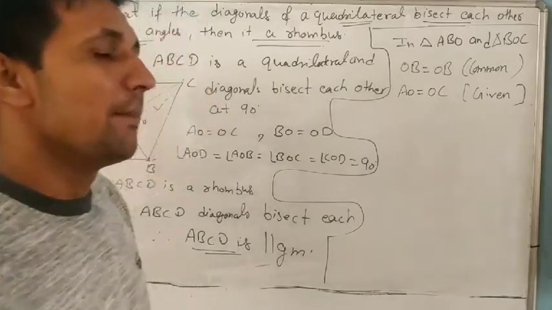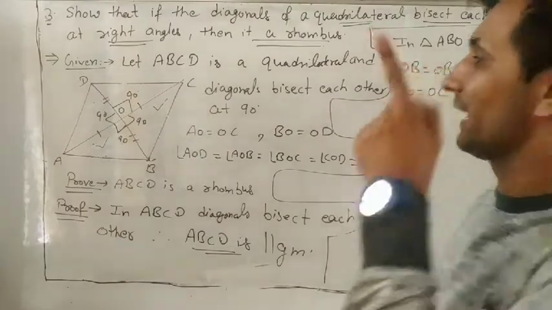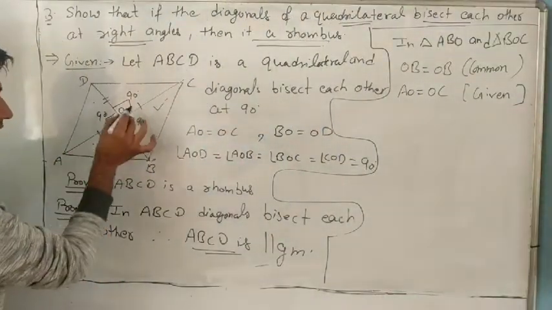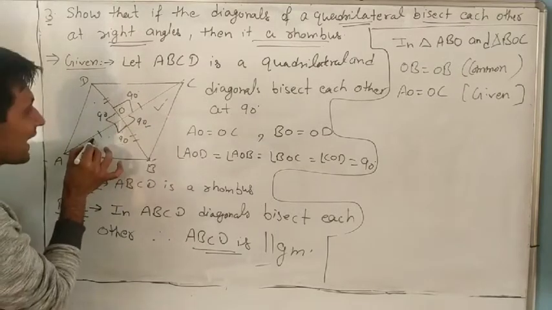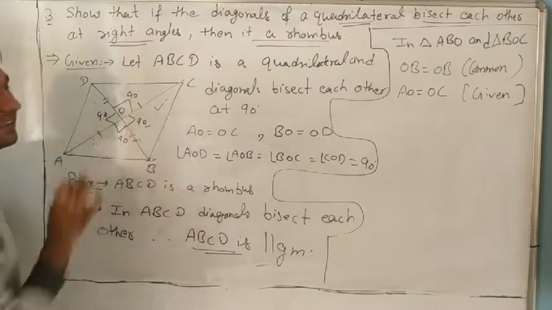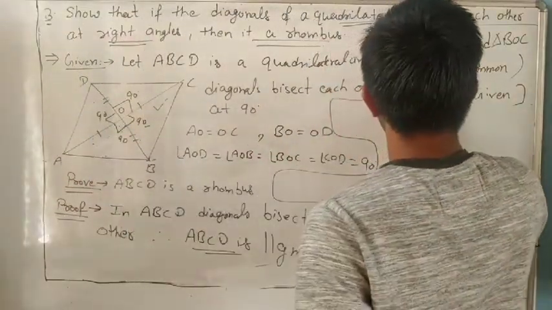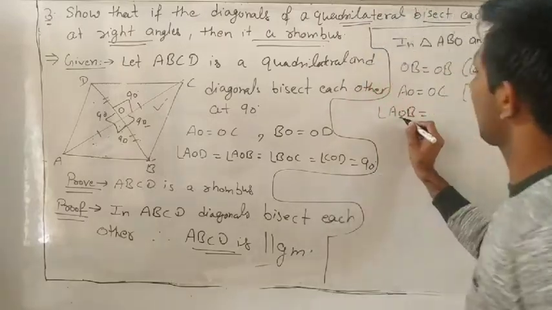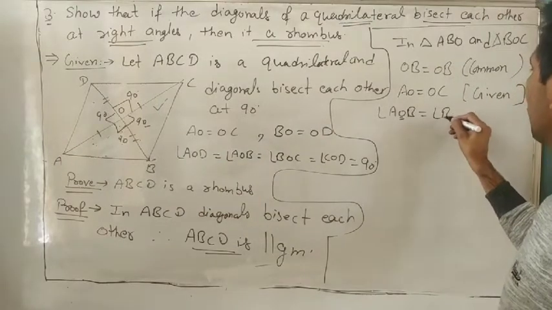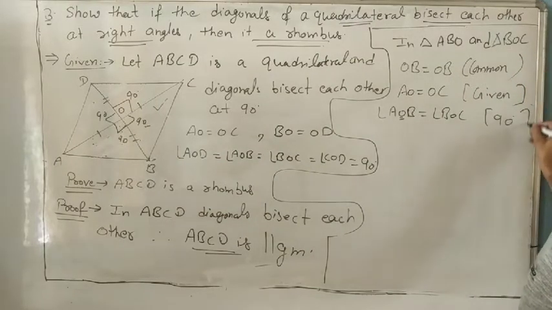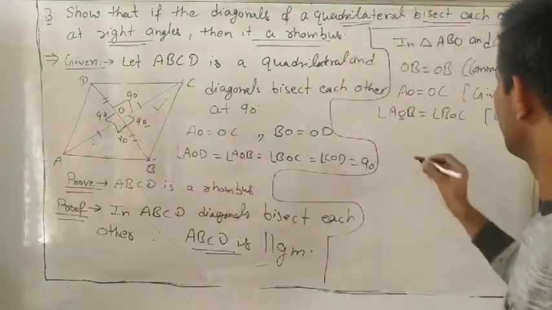So what will we do? If you want to prove congruent, we have properties: side, side, side; side, angle, side also. It means this side equals this one, this is common, and this angle is 90, this angle is 90. So side, angle, side. So we can write angle AOB, BOC. Always take the angle in the middle. This one, AOB, BOC: 90 degrees. So side, angle, side. So right.